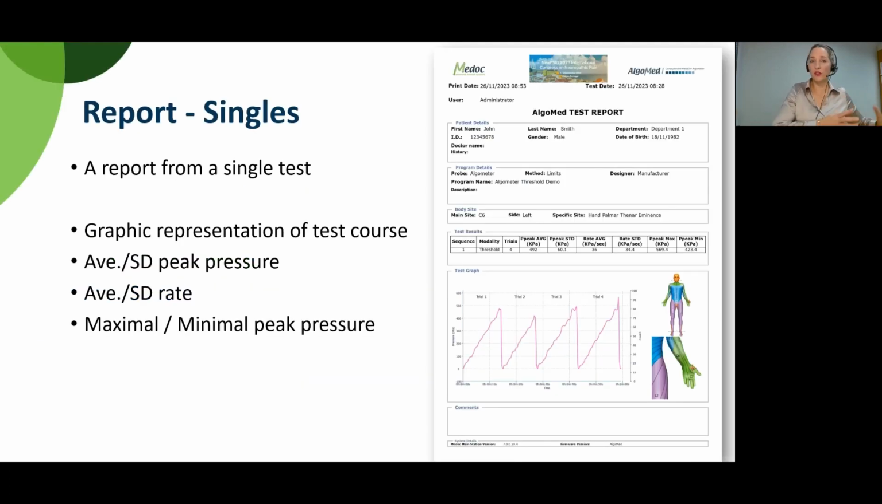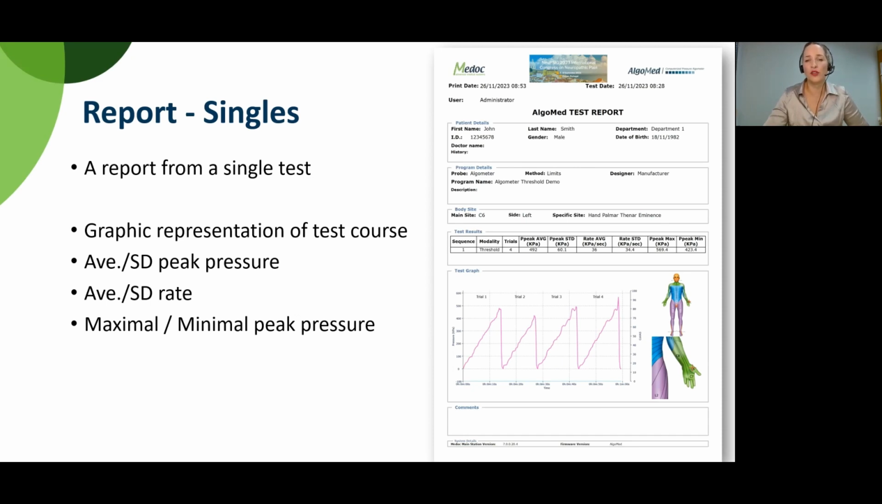So after we did the testing, we can have a report. And I think this is a great feature for you clinicians out there, because a report can also give you comprehensive information, but can also give you the ability to show your information, to share it with your patient. So this is the standard singles report, and you can see a graphical